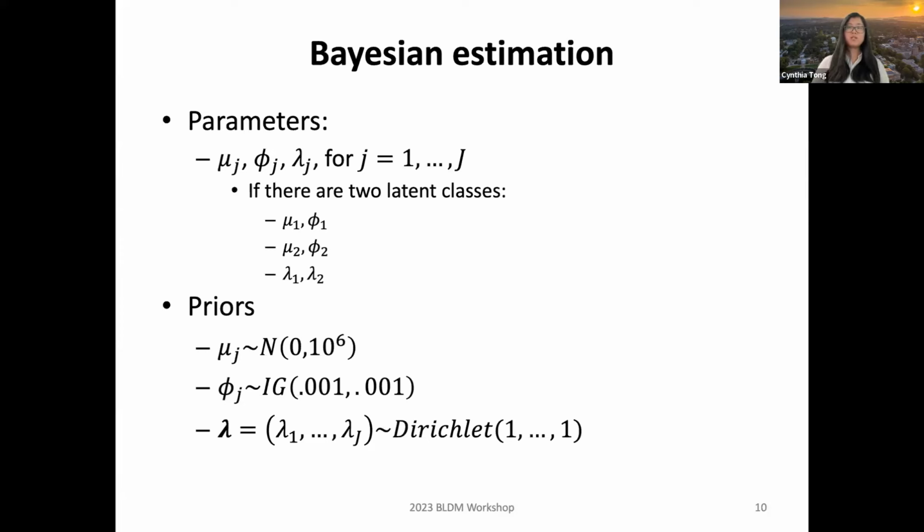Basically, the Dirichlet distribution is a multivariate generalization of the beta distribution. Remember that we talked about the beta distribution when the outcome variables are proportions; we can use the beta distribution to model the outcome variable. So the beta distribution is used to model proportions or percentages, and the Dirichlet distribution is just a generalization of it. The outcome of the Dirichlet distribution is also between 0 and 1, and that's actually what we need here for the class probabilities.